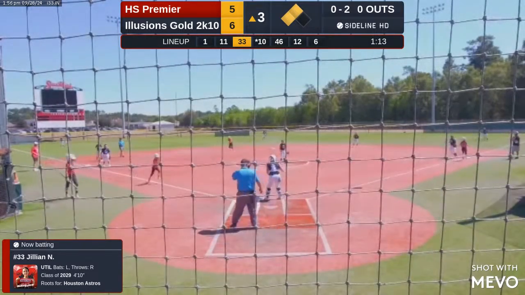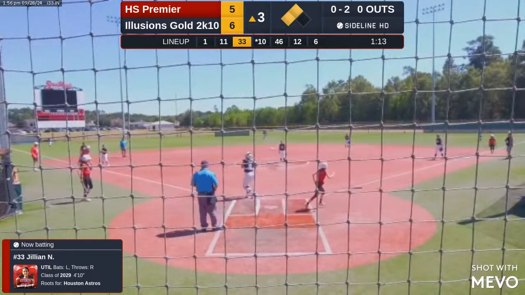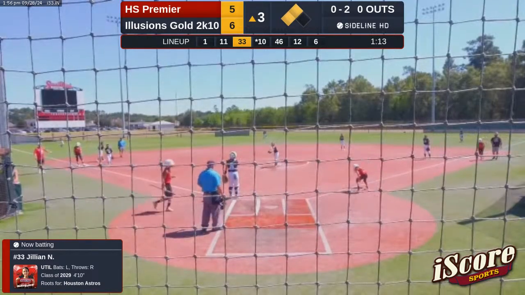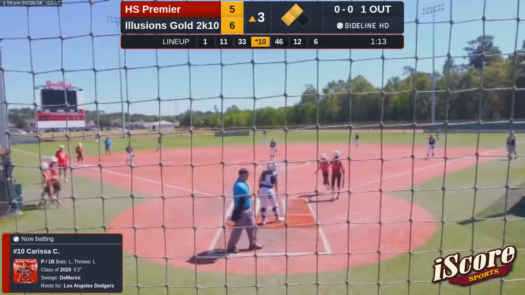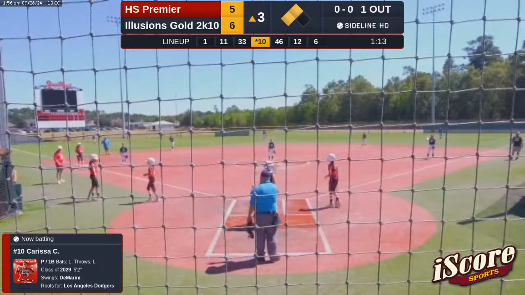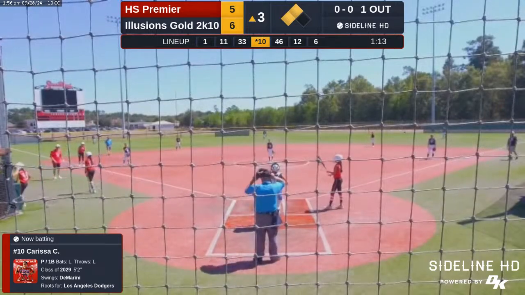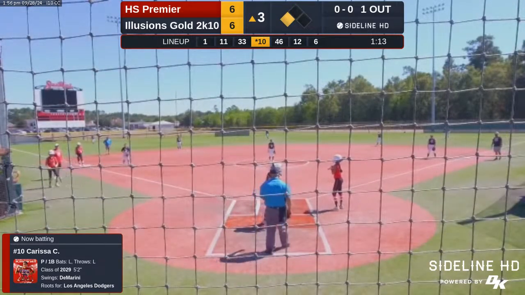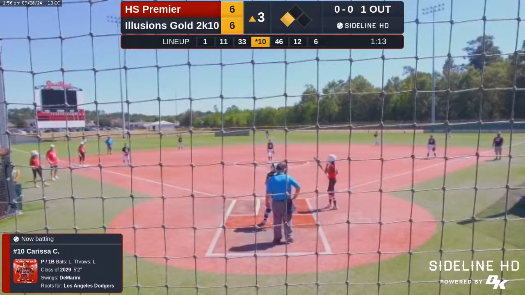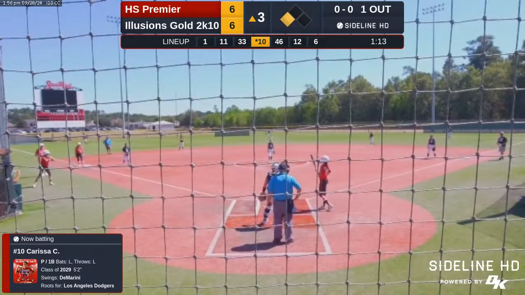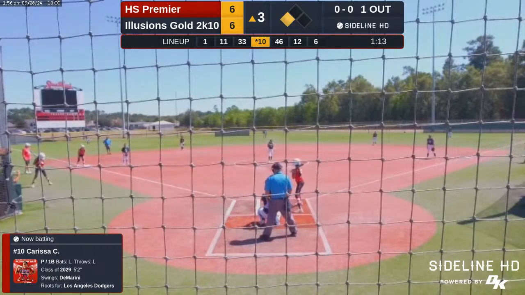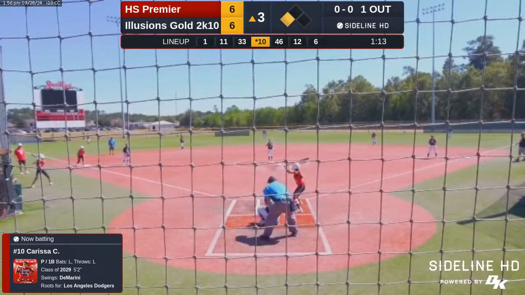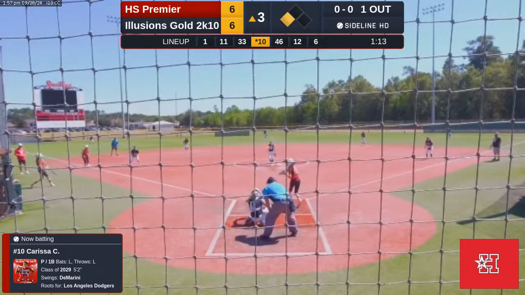Swing, and it's dropped by the catcher. They have to throw it to first, and that's going to bring in the run. So Jill strikes out swinging, but Kendall is able to come in as the throw has to go down to first base as it was unoccupied. We have a 6-6 ball game. Chris is your hitter. KB over at third. Chris had a single off the shortstop in her last at bat. 6-6 ball game.